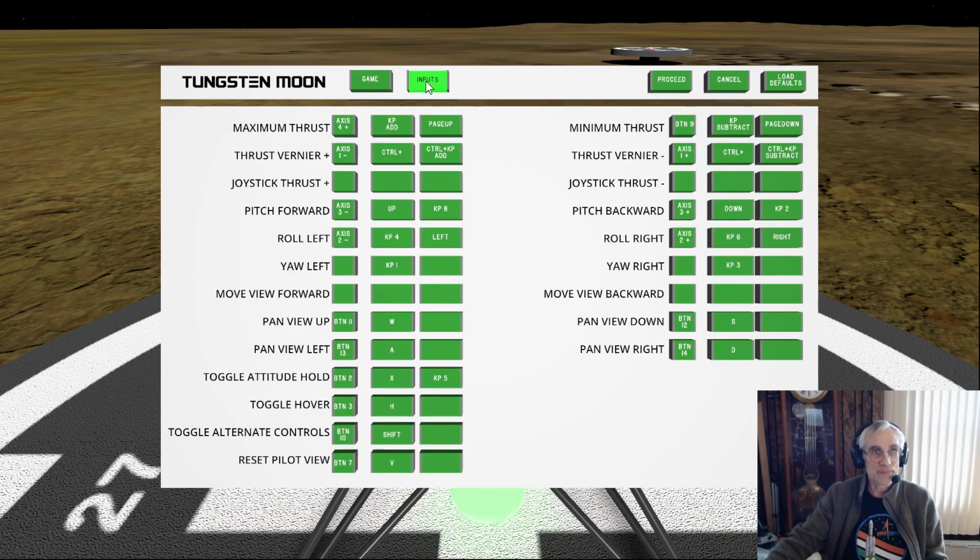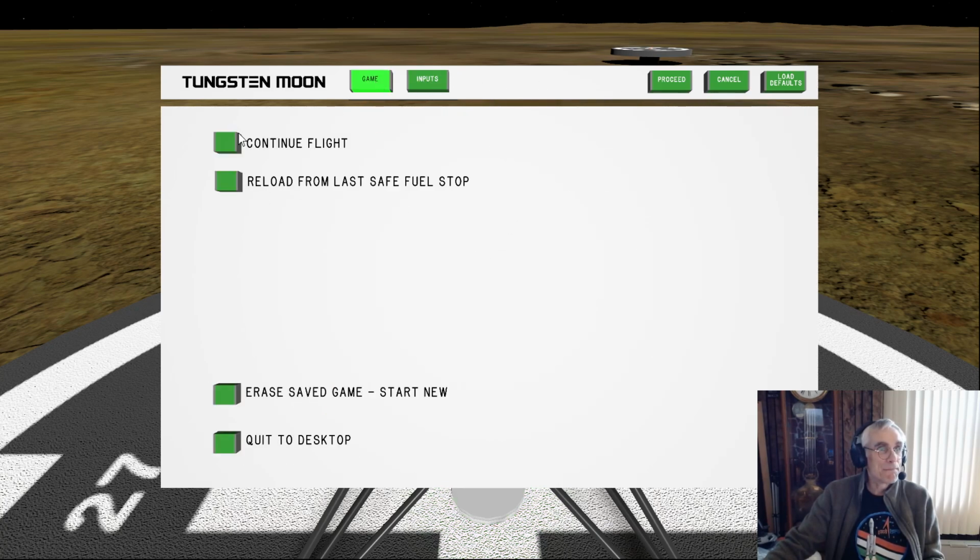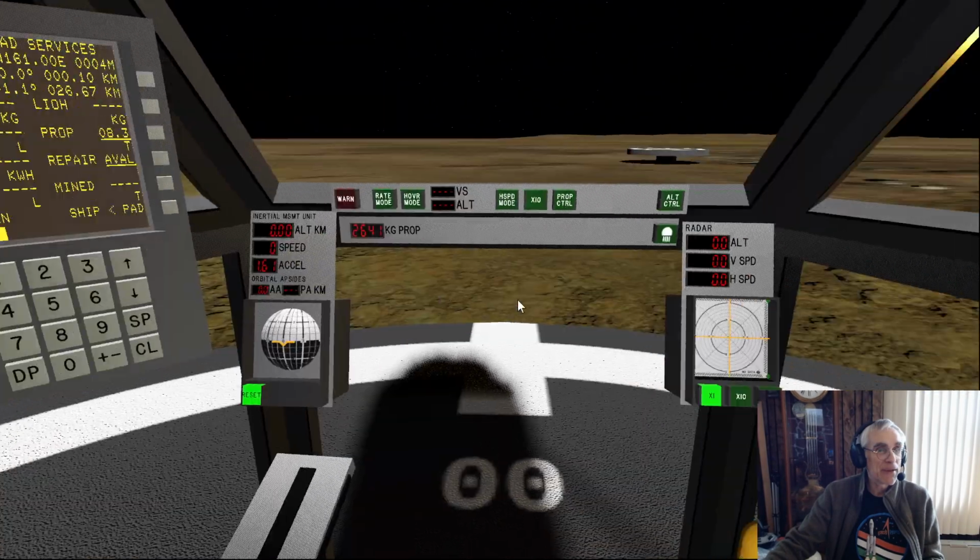There is also another menu here where you can configure the inputs on your controller. So you can completely remap these controller inputs on your Xbox controller, or you can use a PS2 controller. You can assign these controls to keyboard keys. The defaults are shown right now. You can also, if you have a flight sim joystick or a yoke, I don't know why you'd want a yoke, but if you've got an analog joystick, you can configure that to do pretty much everything. And there we are, back on the mode.